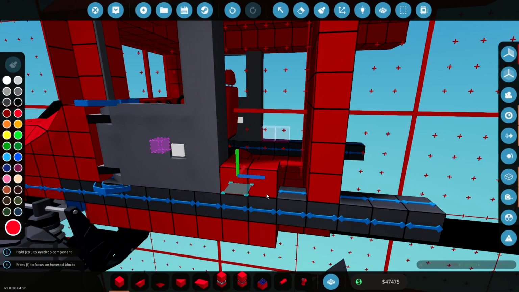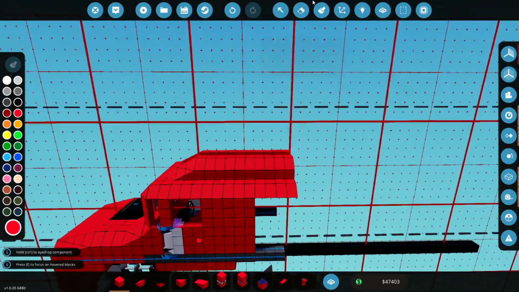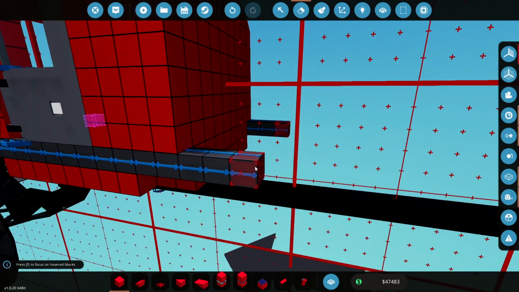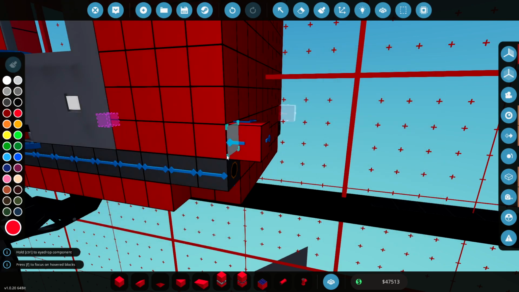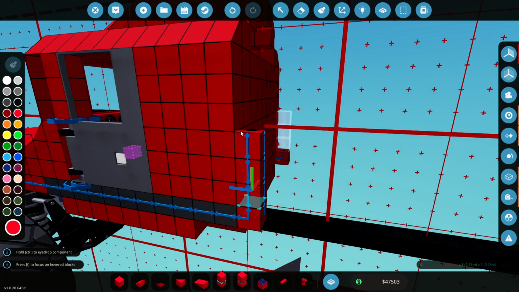Next I suppose we can just join this up, right? And I could have some more windows back there. I don't think it's necessary though. So let's take away these bits, and the exhausts can come up here. So we'll grab those and then we'll get an enclosed angle and bring it up the side like that. Then we'll just take it straight up to...